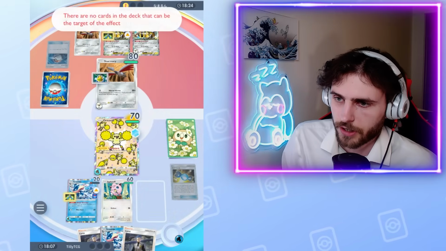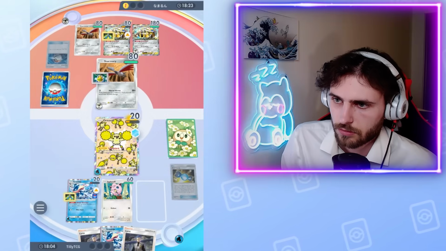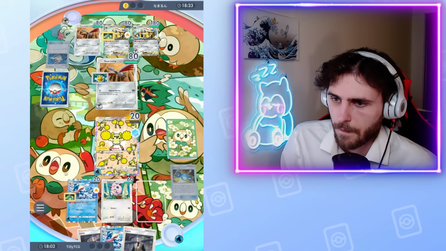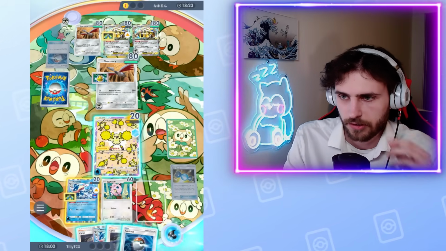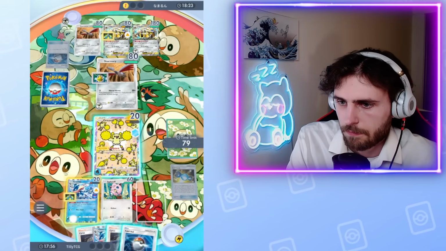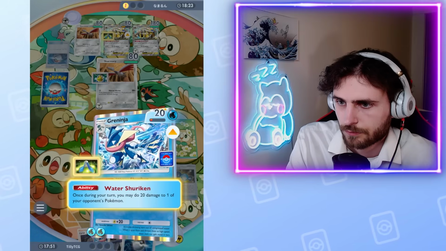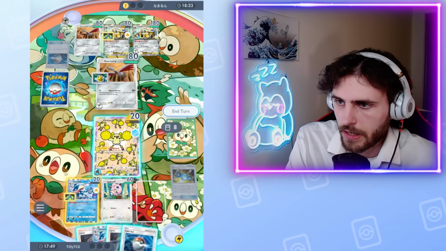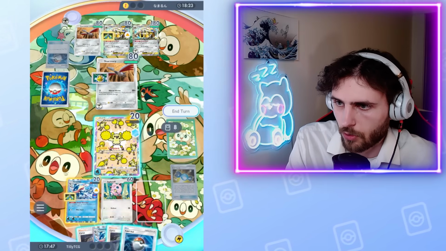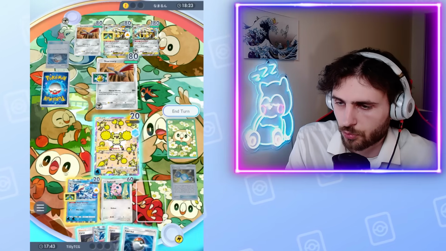Hey, yo, next turn we can go after that Solgaleo. Is that the play? Is that the method? That low-key might be the method. We are going to need this Pokeball to turn into an Oricorio, without a doubt. So I'm going to hold it, because we're going to need to set up...